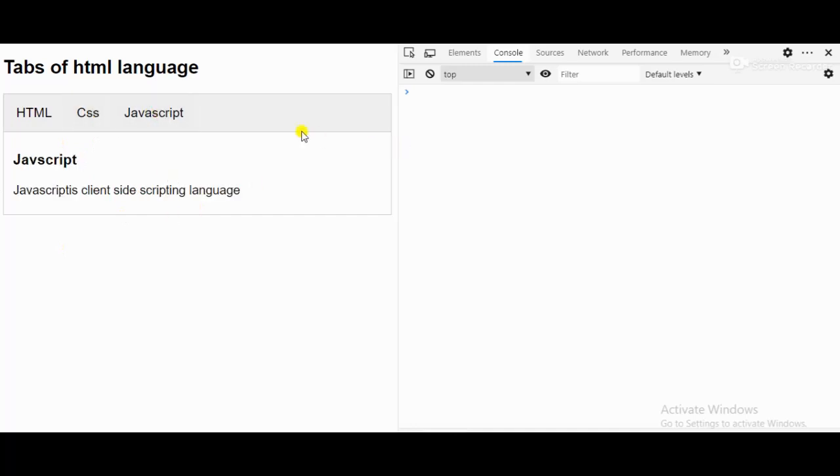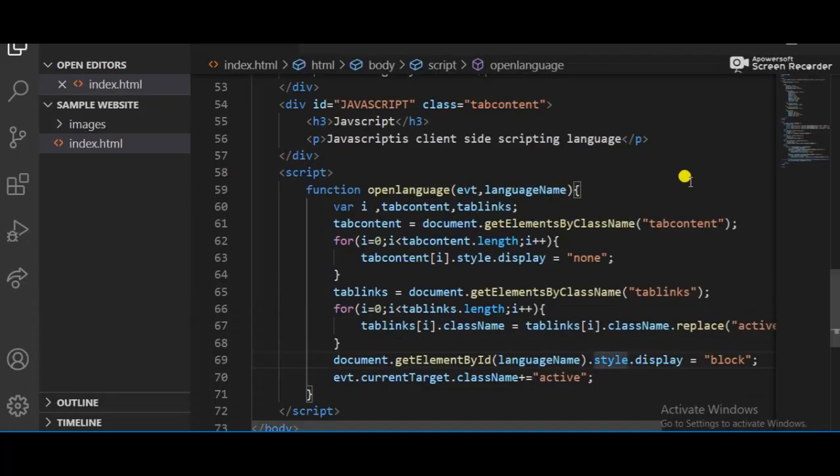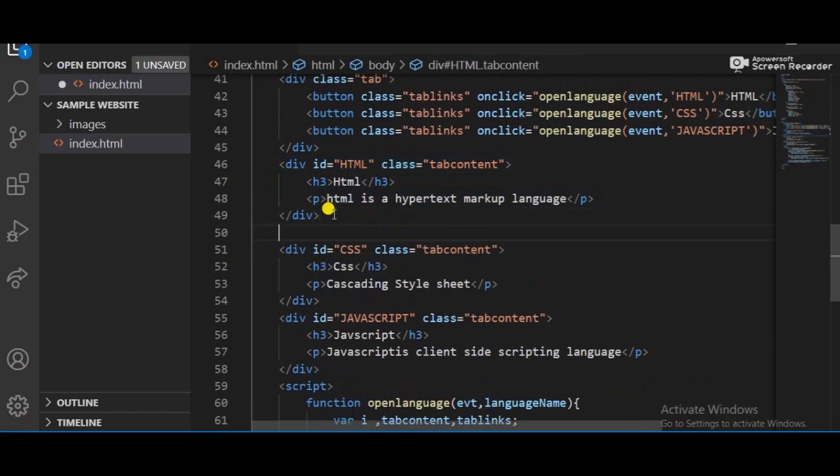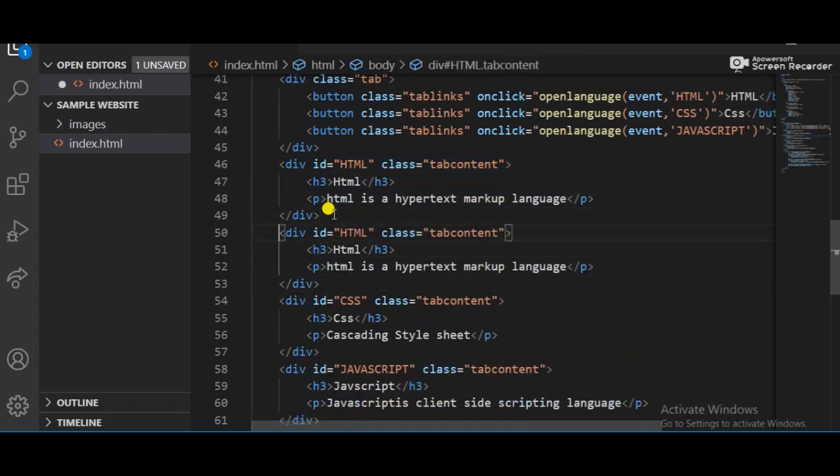If you apply background colors, if you want to change this color because it's not looking good, you can add this. And if you want to add multiple, I just want to add one more div tag. So how can I do that? I just copy it and paste it here. This is the name of my code. I just say that this is ASP.NET, the server-side scripting language, and the tab content is already here, and I added this ASP.NET.